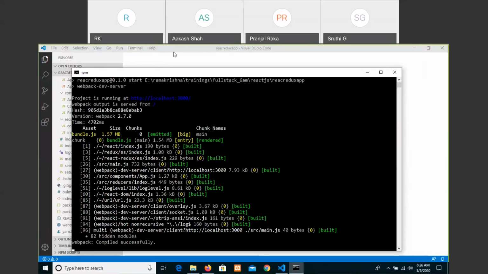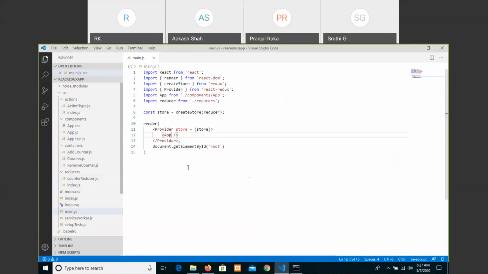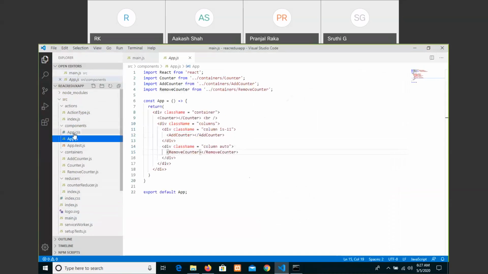In the src main.js file, it is first connecting to the main.js file. Here we are expecting the output of an app, and this app is connected to the components app.js file and the counter, that should display.